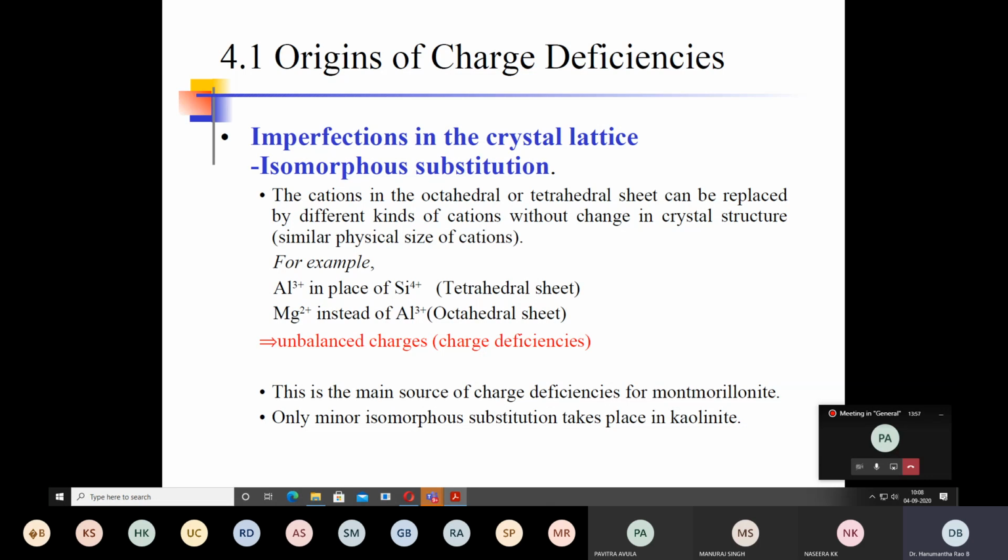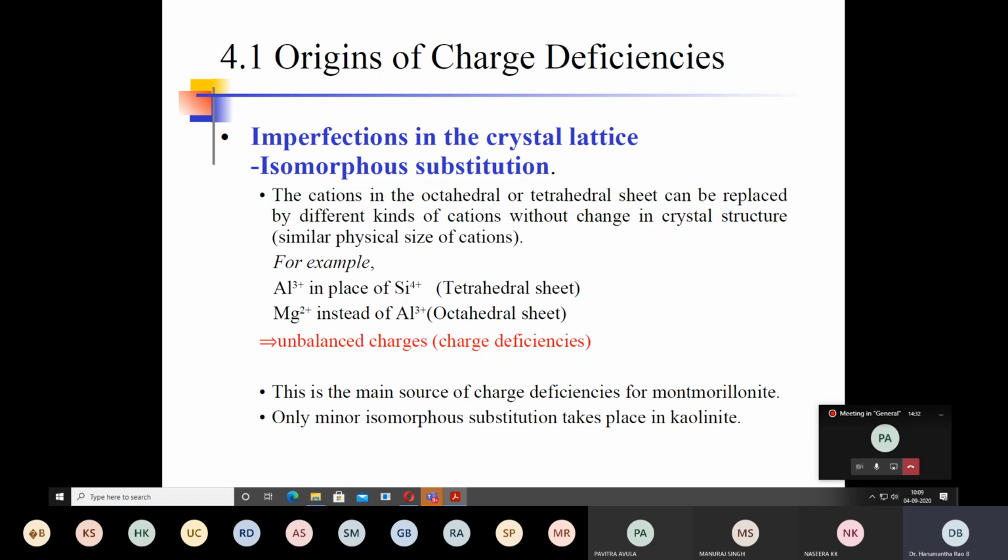Try to distinguish between them. Okay, seeds. Now one of the fundamental reasons for charge deficiency or negative charge of the clay particle is isomorphous substitution. Again, I reiterate, isomorphous substitution exclusively occurs at the crystal structure level. So for example, if you look at the tetrahedral, it basically comprises one silica attached to four oxygen, and the octahedral, where one aluminum is attached to six oxygen atoms.